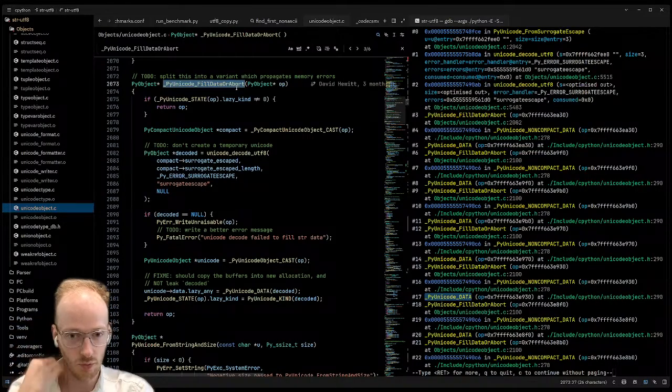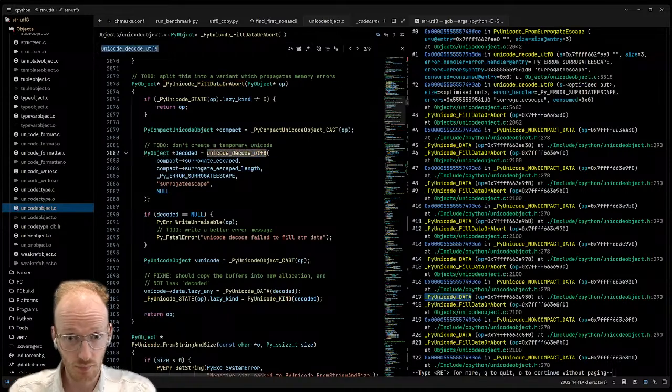So we need to go through the surrogate escape error handler to populate the fixed width encoding. Well, surrogate escape doesn't do anything.